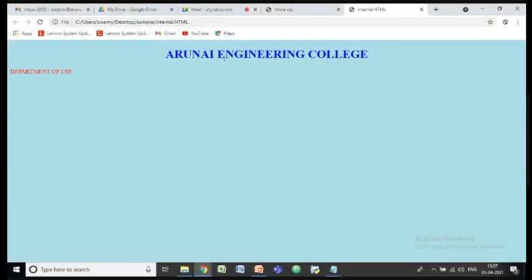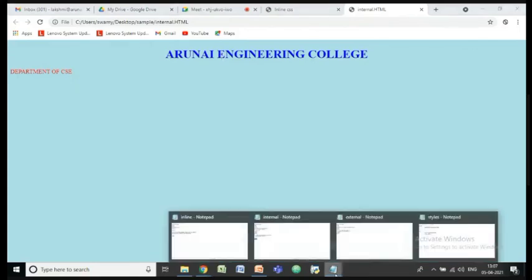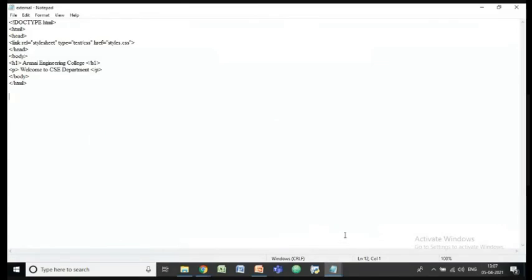And the third type is external style sheets, external cascading style sheets. In this external type, what line is very important? Link rel is stylesheet, type is text/css, cascading style sheet type. Here the link is styles.css. So what does styles.css mean?